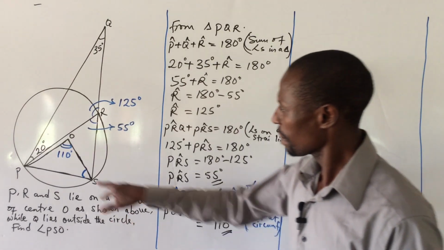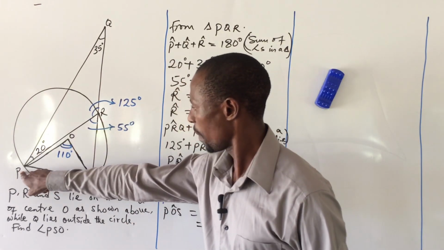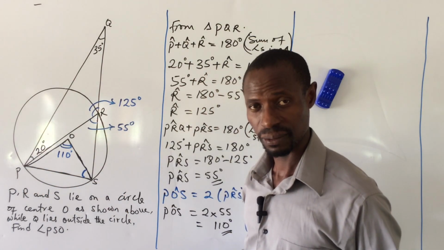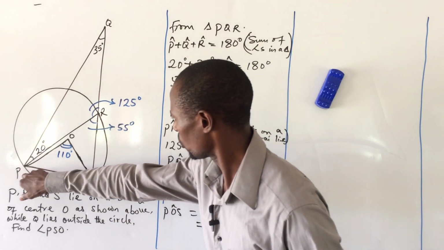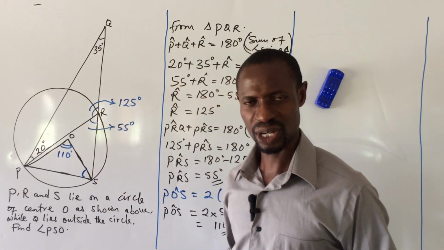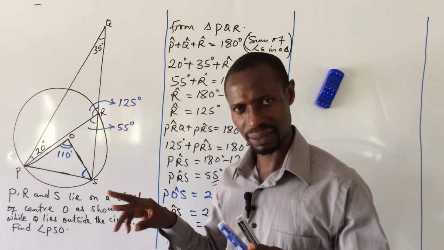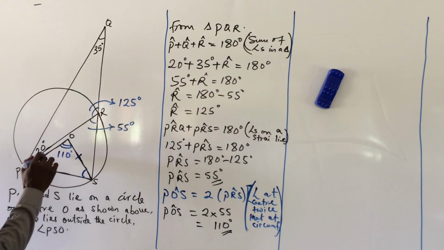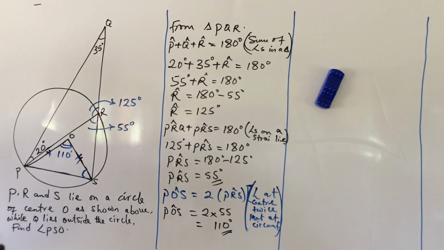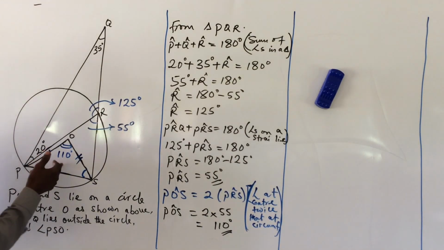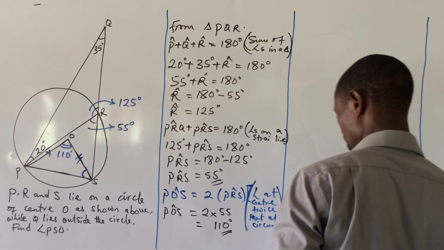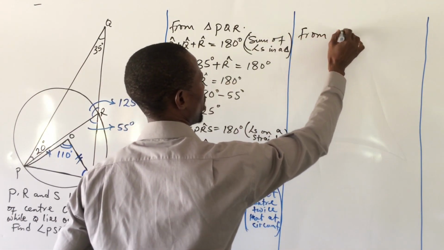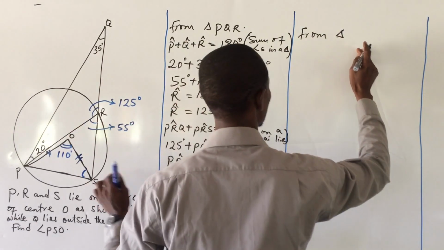Now, if we look carefully, from O to P is a radius. From O to X is also a radius. Now this is a triangle POX. So what kind of triangle is this? Because two sides are the same, that is an isosceles triangle. And so we can mark this same. So from this isosceles triangle, let's proceed to say from triangle POX,